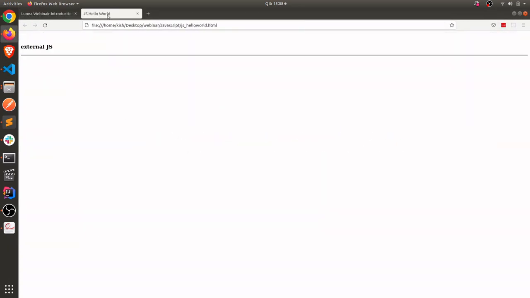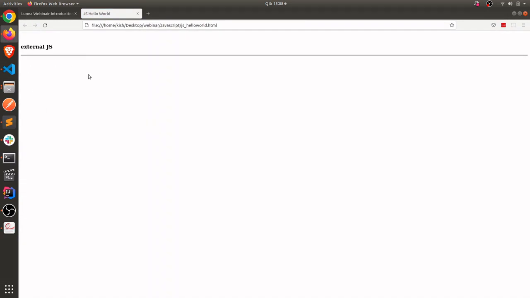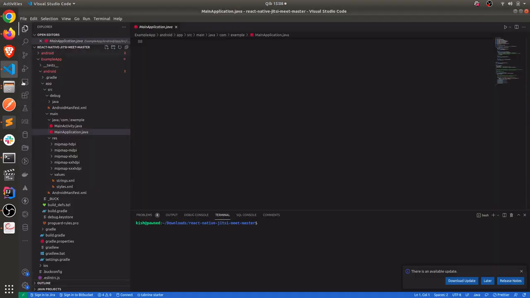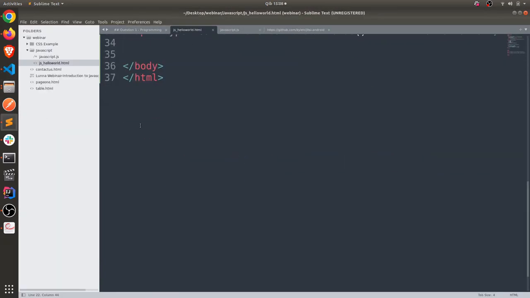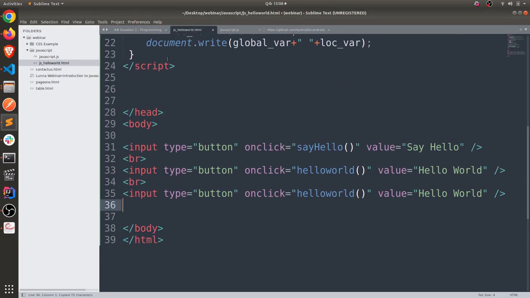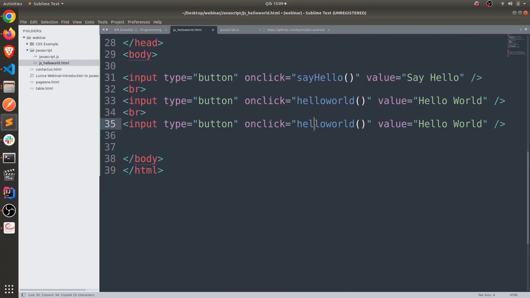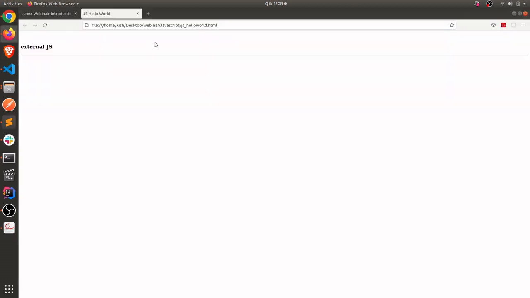Now in our HTML page, let's refresh and see. Remember, it's a function. We haven't called it, so we need to go back to our code again, copy this input, this button, and then initiate. We want to call our function variable types. Let's refresh here. On our page, we have the button variable types. When you click,